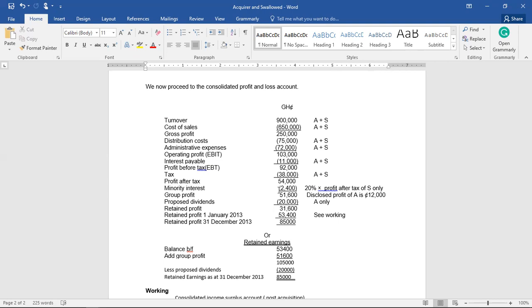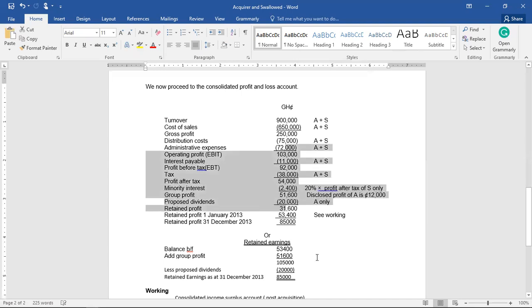Now, the subsidiary has declared a proposed dividend of 5,000, and we already know that the parent has 80% in that company. So 80% of that 5,000 is 4,000. So when you see investment income of 4,000, you should know it is coming from the subsidiary. Then you are free to eliminate it. So it is on that basis we don't have the 4,000 in our workings over here.